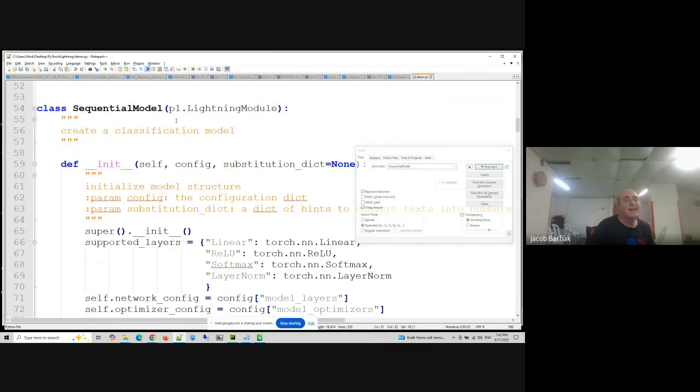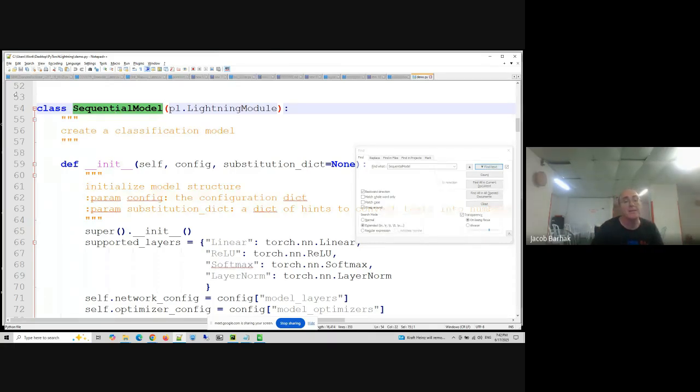Now, here is where PyTorch Lightning starts. Notice, this is a class. I call it sequential model because this is something called a feed-forward model in neural networks. It is a sequence of operations that goes from input to end. The data just goes through the layers until it reaches the end.